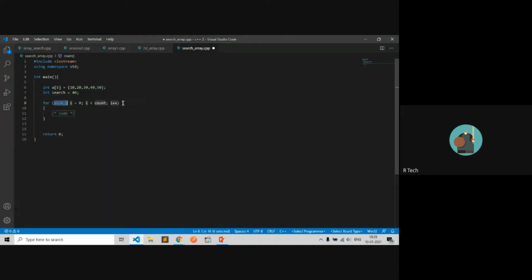For integer, number of elements is 5. And just print the number a of i. If the value of a of i matches our searching element, then print with cout.